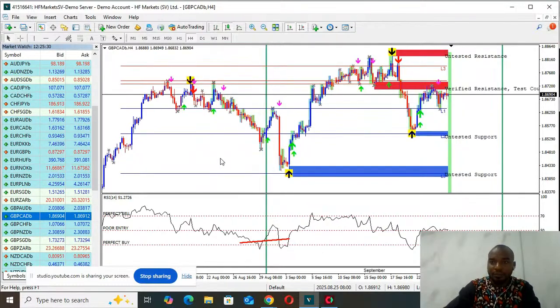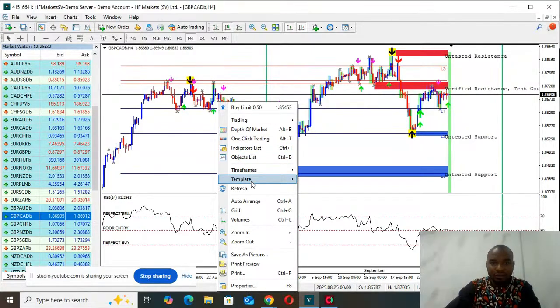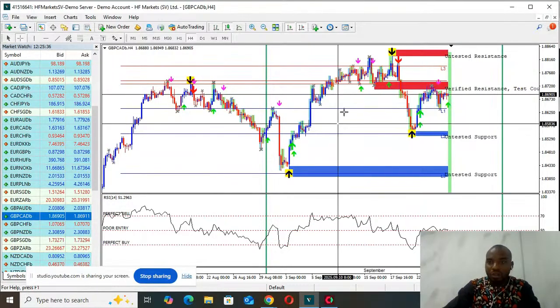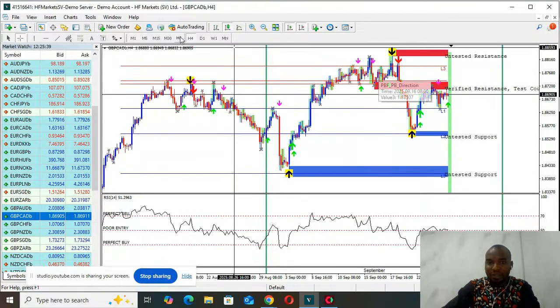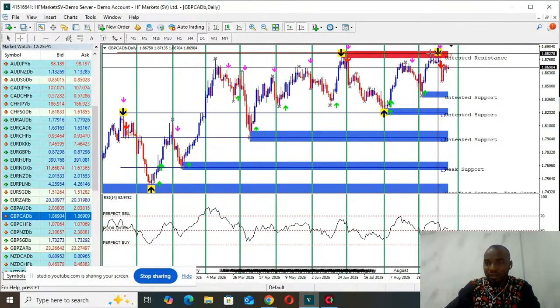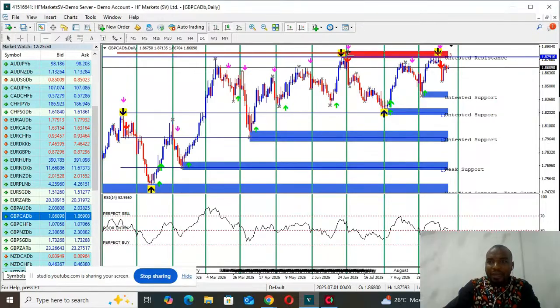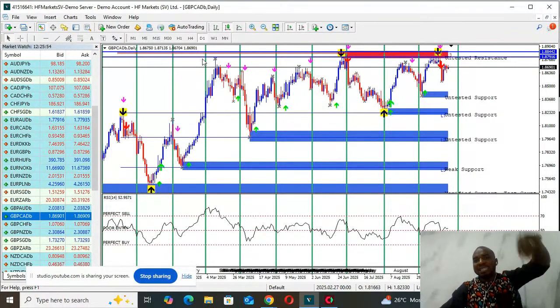GBP CAD. Okay, GBP CAD. Let's reload. The same thing. GBP CAD. We took this sell actually in the group, right? Why? Look at it. Market is on a daily zone. This guy is a pure sell market for now on a daily zone. So what do we want? We'll mark that daily zone ahead. Why we like marking the daily zone is that we know what the market is doing inside that zone for 4 hours.